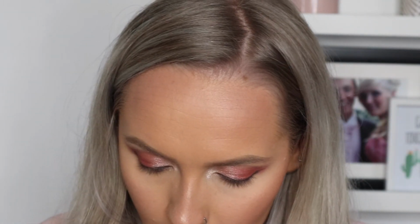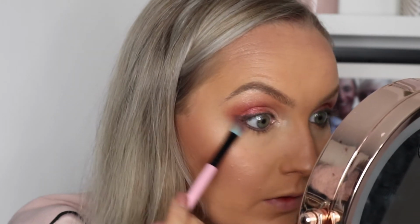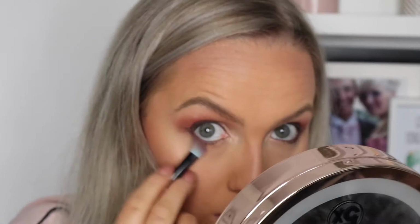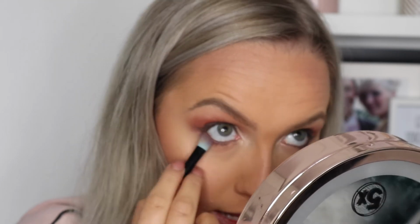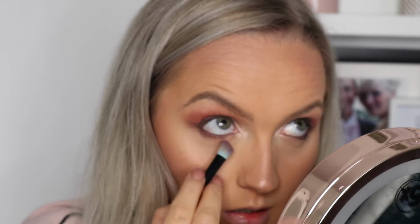I'm then taking this fluffy angled brush. I'm going into that first shimmery colour that I initially took called Dahlia. I'm going to tap that off and I'm going to kind of run that underneath my eye, and I'm going to build it up underneath until you can kind of see a little bit of the pinky tone coming through under the black line. But I don't want to bring it down too far under my eyes. And I think I'm actually really happy with how that looks now,